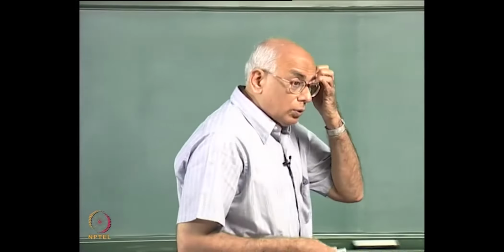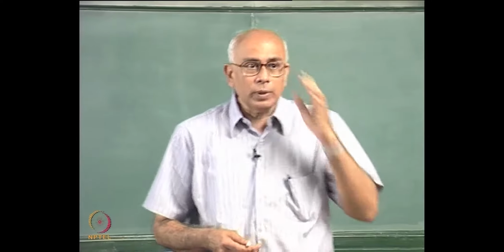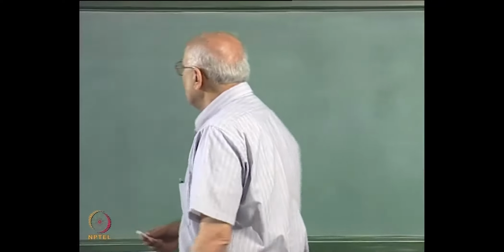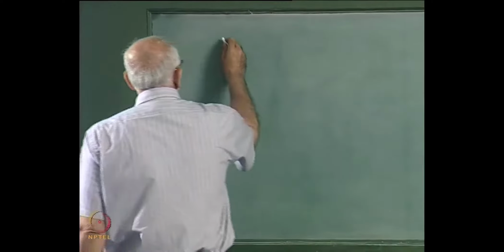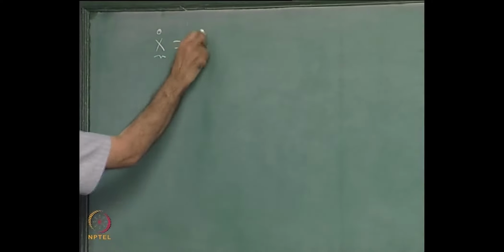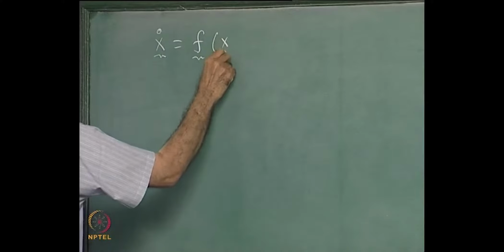So we go back to recapitulate what we were doing the last time. We discovered that the general dynamical system x dot is f of x has a set of critical points given by the roots of the vanishing of the vector field f of x,